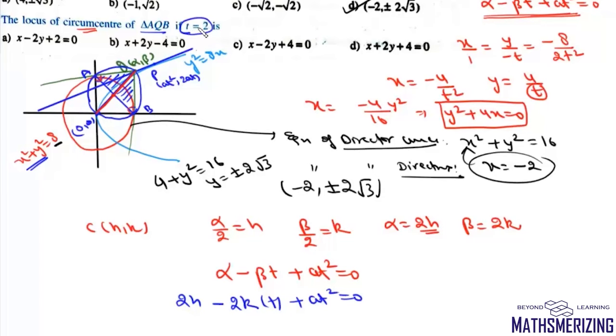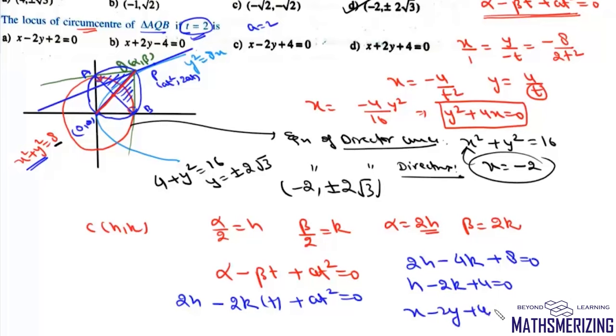Now in the question, it is given that t is equal to 2 and a is also 2. So we can write this equation as 2h minus 4k, and this is plus 8 equals to 0. So this equation will be h minus 2k plus 4 equals to 0, which is x minus 2y plus 4 equals to 0. So the locus of the circumcenter of this triangle AQB will be x minus 2y plus 4 equals to 0, and that's